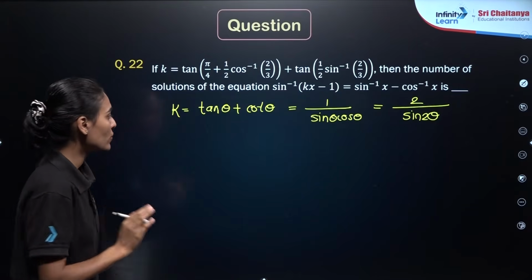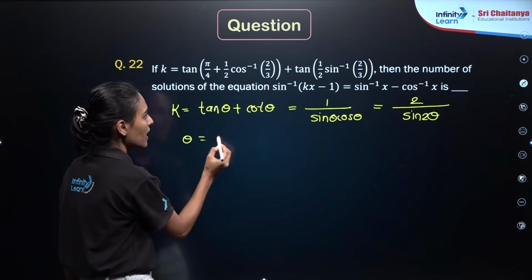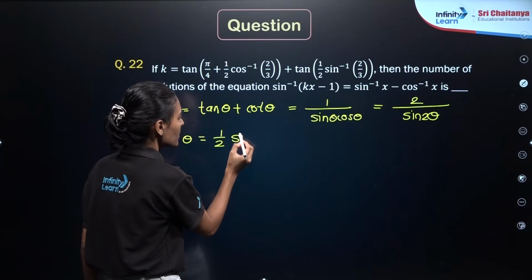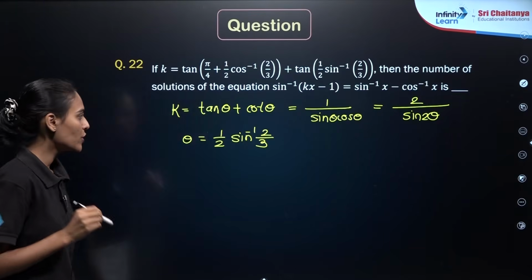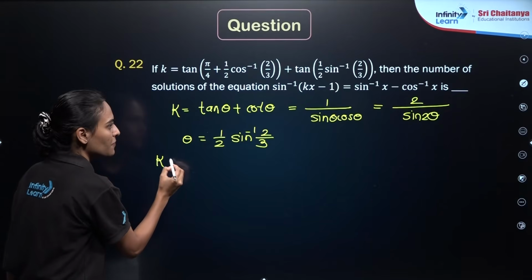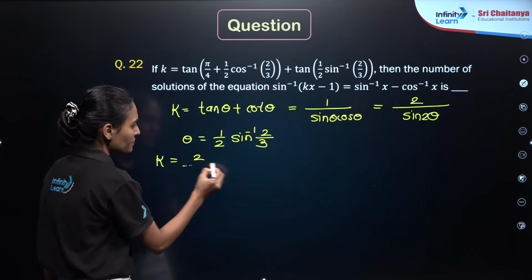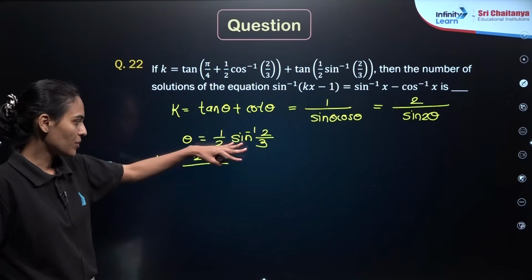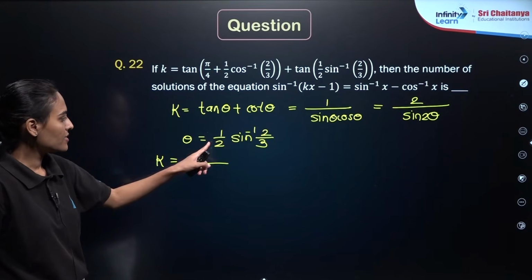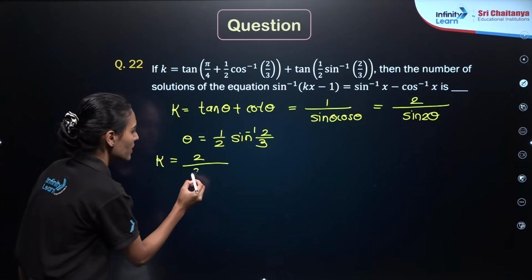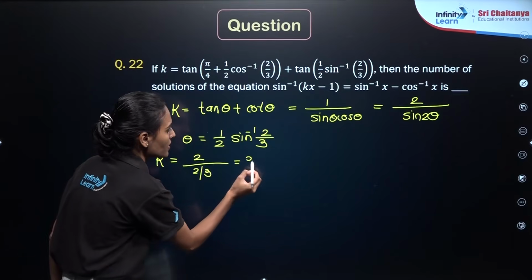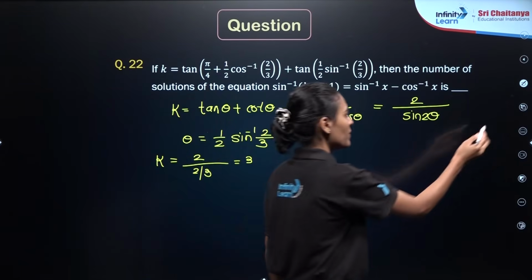Students, see, we have considered theta as 1 upon 2 times sin inverse of 2 upon 3. So you will get 2 theta as sin inverse 2 by 3, so sin 2 theta is 2 by 3. So k is nothing but 3. So now your equation will become,